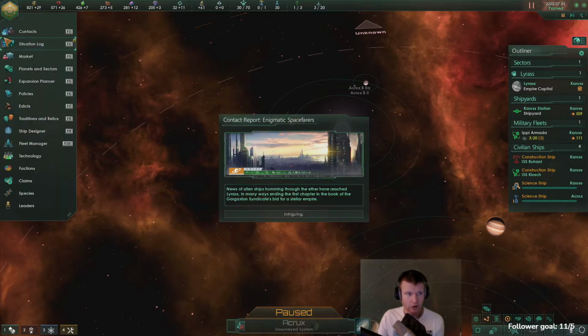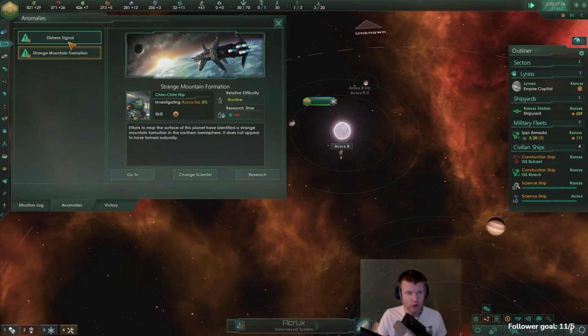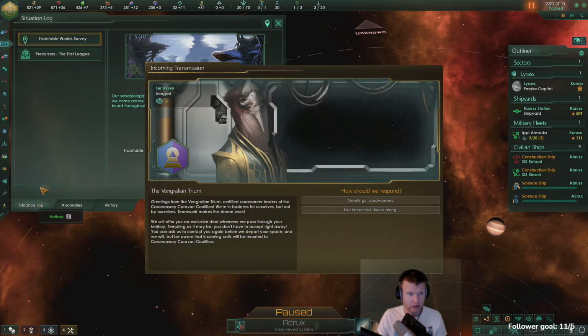Situation log revised. Okay, so we now have a situation log. News of alien ships humming through the ether have reached Lyris, in many ways ending the first chapter in the book of the Gargaxan Syndicate's bid for a stellar empire. Intriguing. So we have a new situation log. And we've reached our first